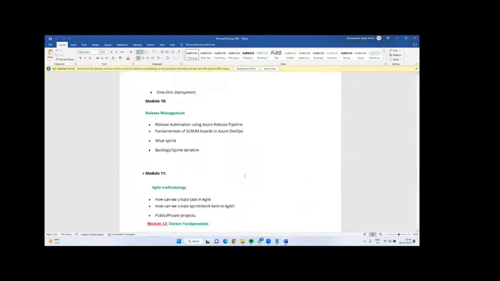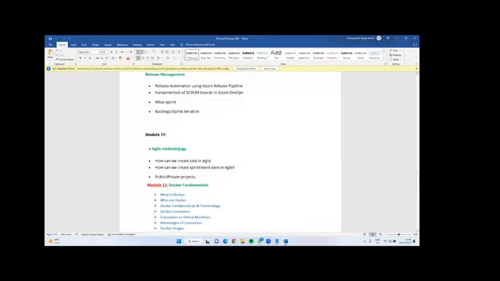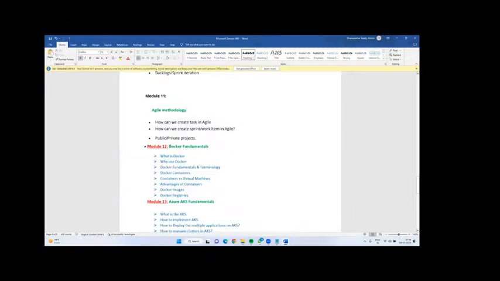Next, I will cover the Agile methodology, which is totally managed by the Scrum Master. How to do that is really helpful for you. Next, module 12, Docker fundamentals. What is Docker and why should we go for Docker?